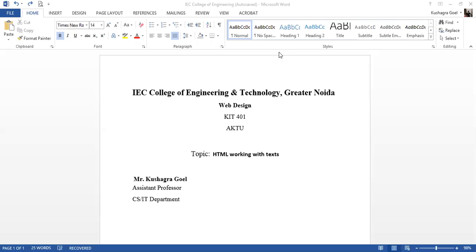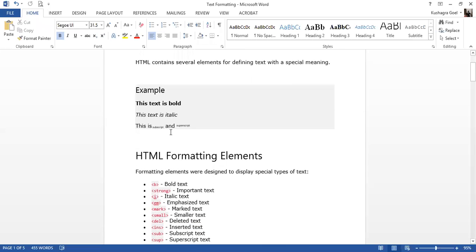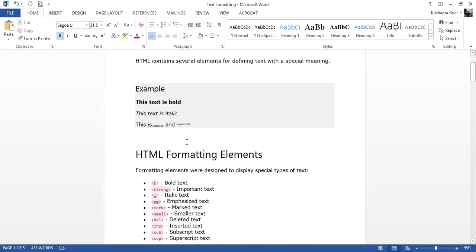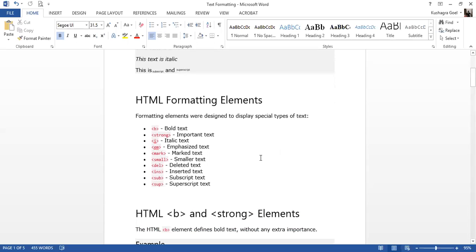So let's start. Text formatting, or working with text in HTML, means that HTML contains several elements for defining text with a special meaning. For example, this text is bold, this text is italic, this is subscript, and this is superscript. So, HTML formatting elements are designed to display special types of text.